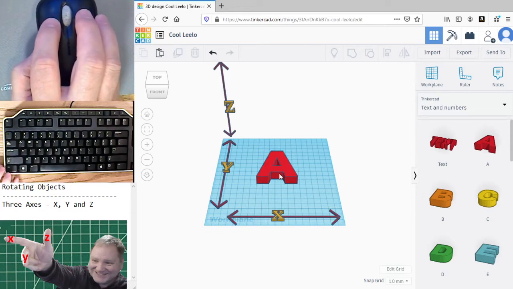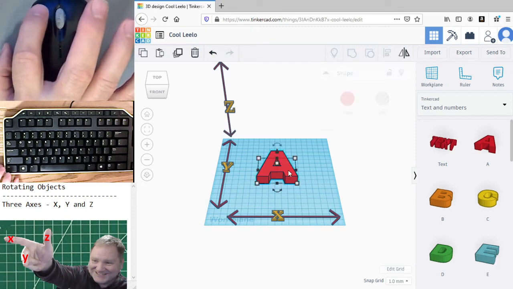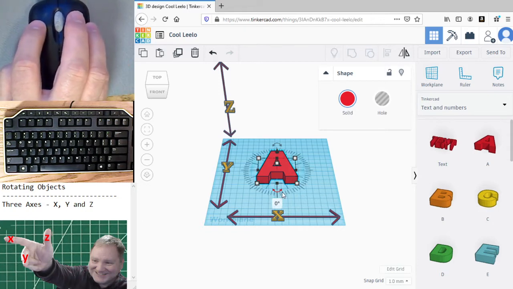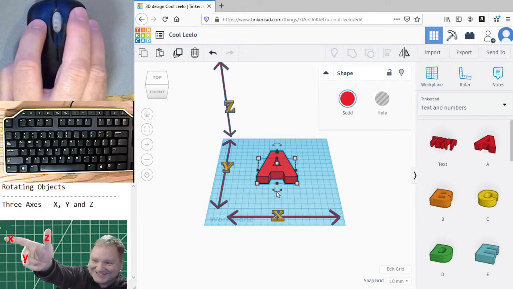If I want to rotate it on the x-axis, first we have to select it. I'm pressing the left button of the mouse to select it. And you see there's arrows here. It has two arrows in each end of the curved line. There's one here, and then there's one here. When you move your mouse over top of that black arrow,